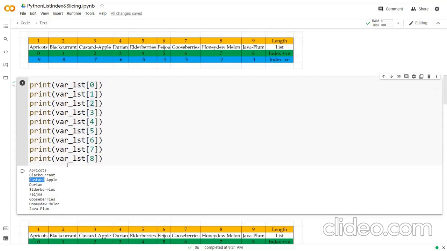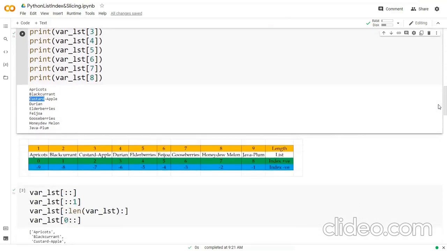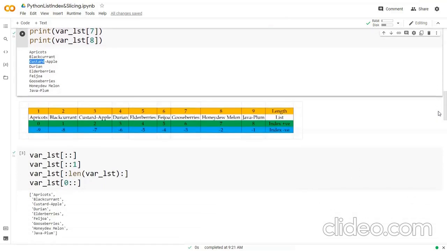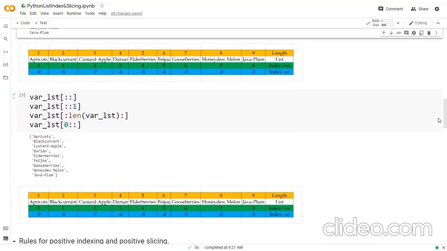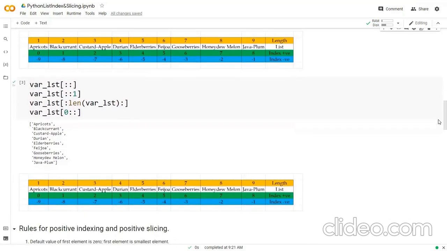And in the same way we keep on going like this, and all the elements of that list are in front of you. Now when we talk about indexing and slicing, in case of positive indexing and positive slicing, we are moving from left to right.